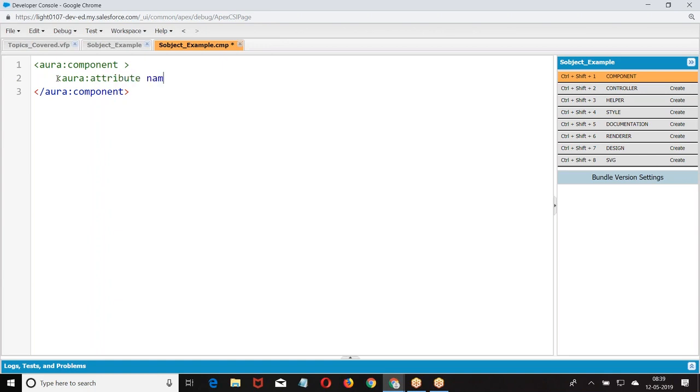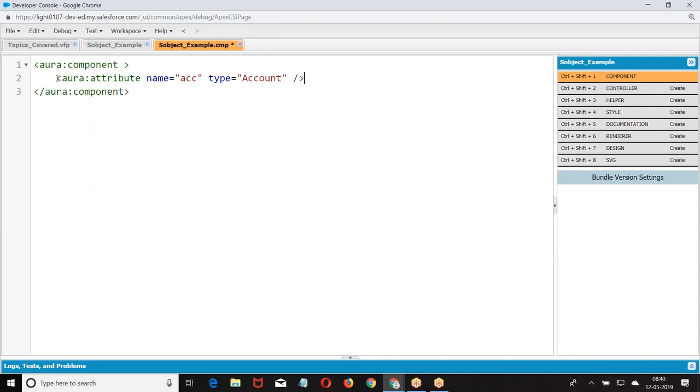Here we take aura:attribute name equal to ACC, type equal to object, or you can give type equal to whatever your choice is.